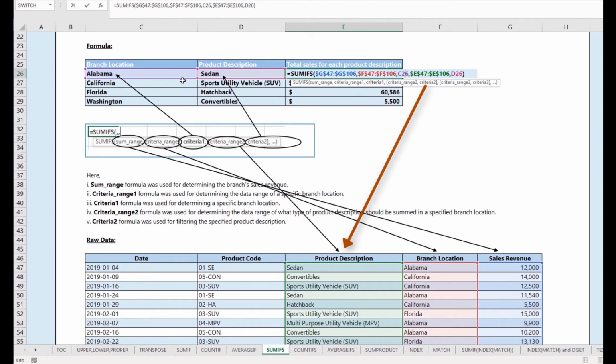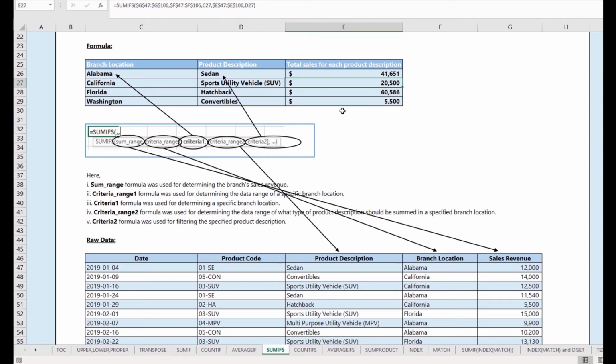Additionally, criteria 2 needs to be met. Criteria 2 range is the product description, which is column E in the data table. The criteria 2 in this instance is the sedan, and the sedan therefore needs to be found within column E in order for the values in column G to be summed. Keep in mind that both of these conditions need to be met in order for the values in column G to be added together. If I hit enter, I can see that the total dollar amount of sales that the company achieved based on these two conditions is